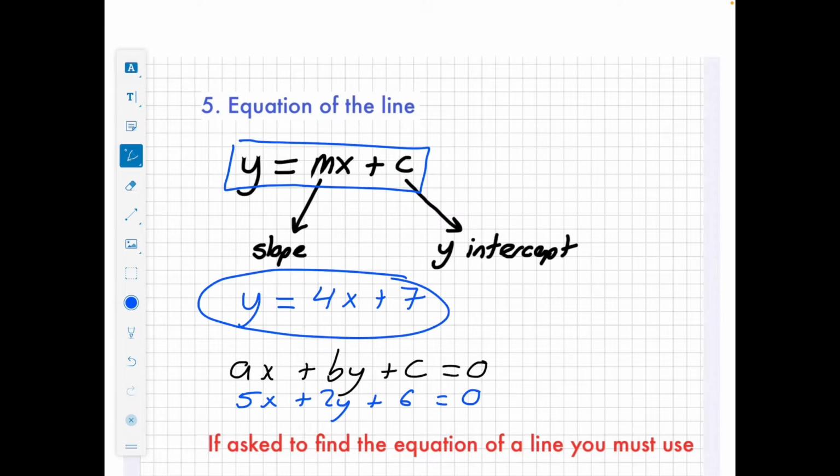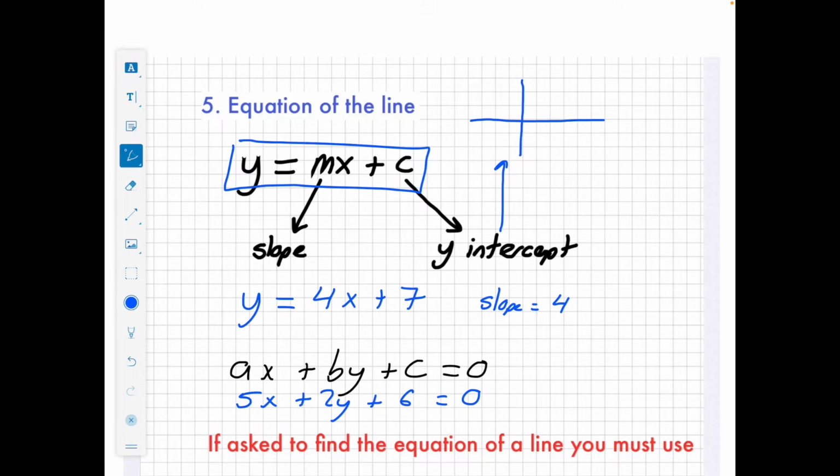be your slope. So if we look down here at this example, we notice that this equation here looks exactly like the formula. So straight away I can tell you that the slope of this line is 4. Where did I get that? It's the number in front of the x. Another piece of information I can get from it is our y-intercept. We'll be looking at this in a bit more detail in a second, but our y-intercept, so if this is my x and y axis, our y-intercept is the point where a line crosses the y-axis. So this point here would be my